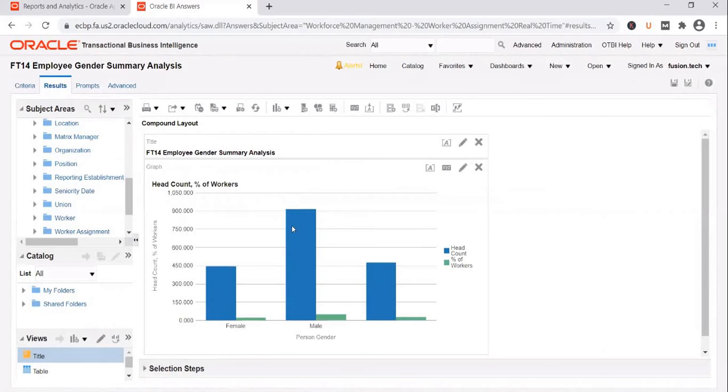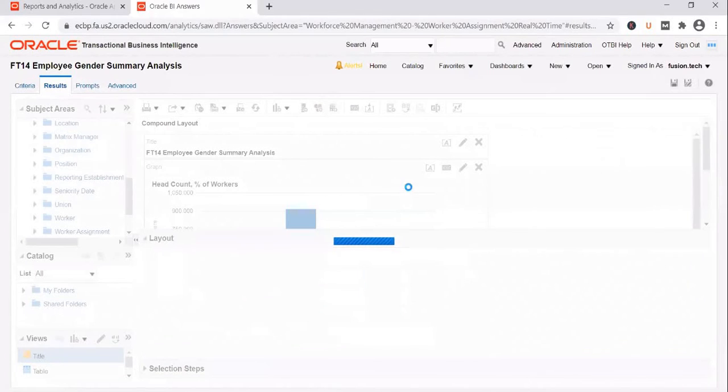And you will notice that as you added a new measure, two measures are getting displayed now, right? So you see a head count and you see the percentage as well. When we have percentage, it doesn't make sense to display the head count, right? Because you are seeing two figures on the y-axis. So let's take out one of them. So edit the graph.